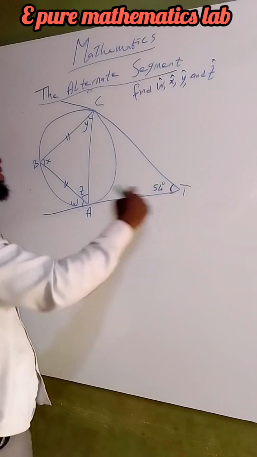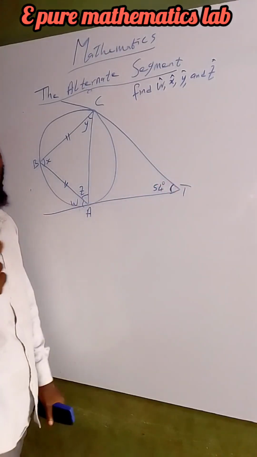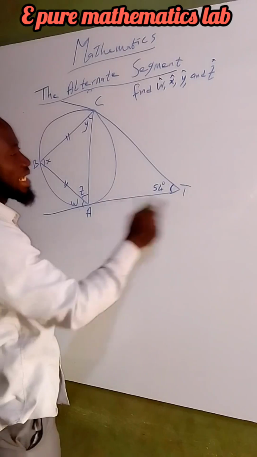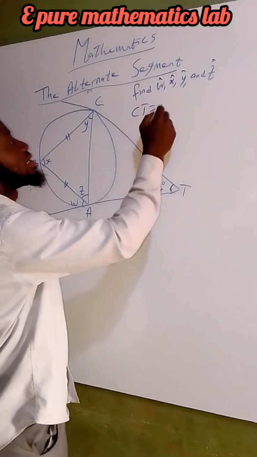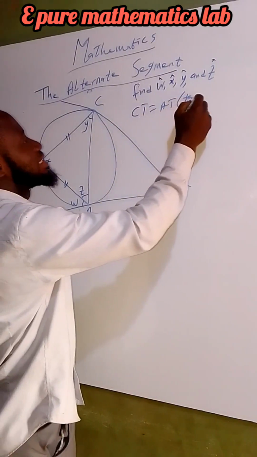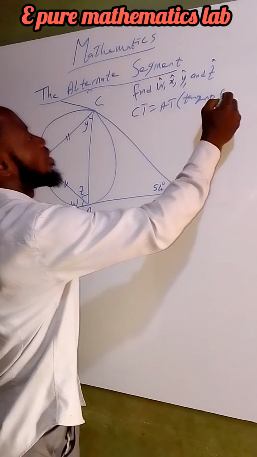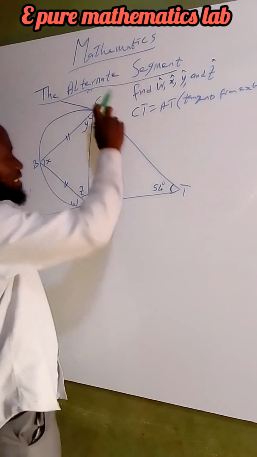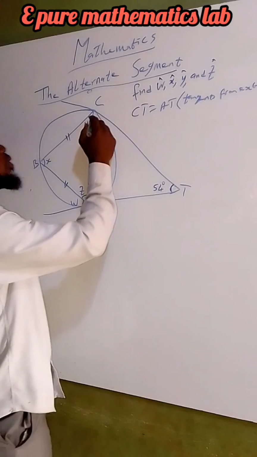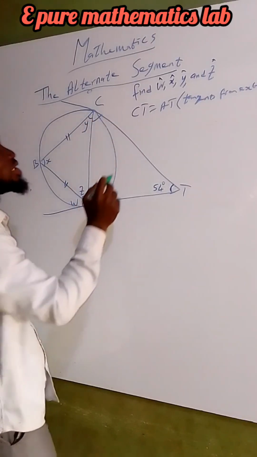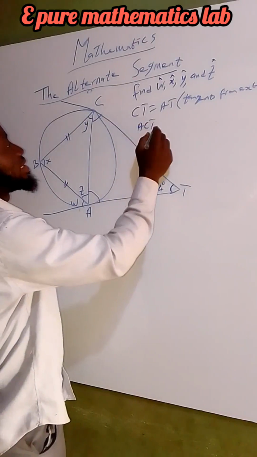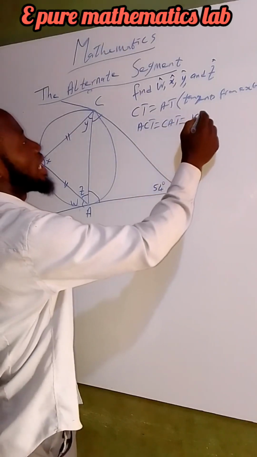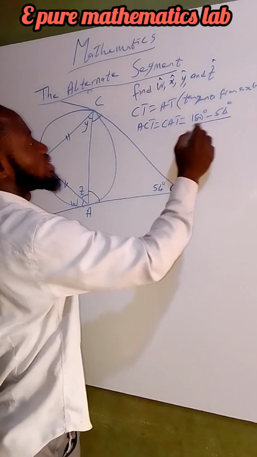Since I'm having two tangents from an external point, we've talked about that tangents from an external point are what? Are equal. So CT and AT are equal. CT is equal to AT. Tangents from external points. So automatically what we are saying is that CTA is an isosceles triangle. We can determine this side and at the same time this side. So we can now say ACT is equal to CAT, which is equal to 180 degrees minus 54 degrees over